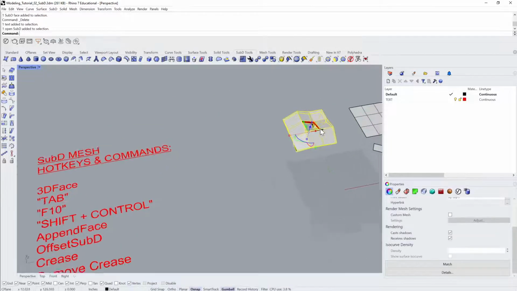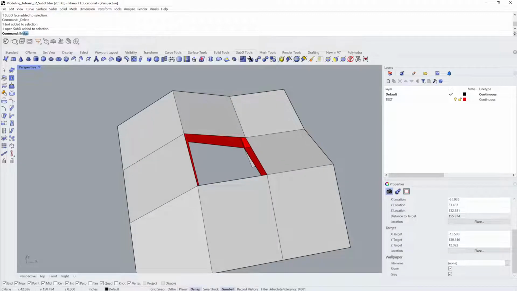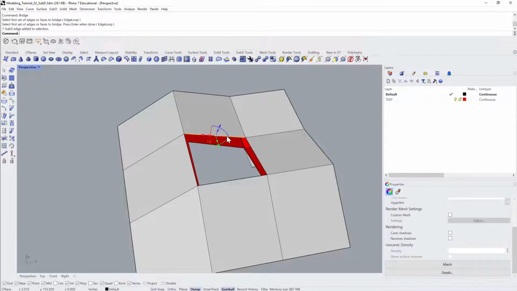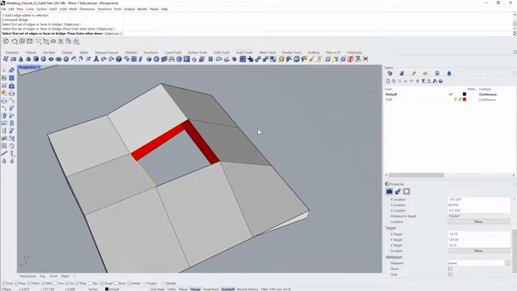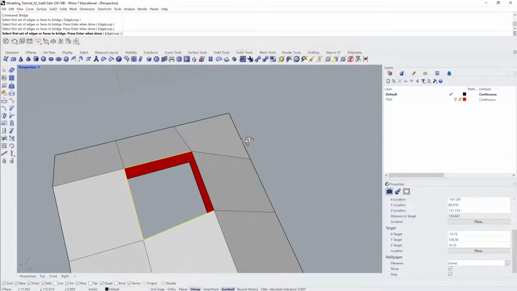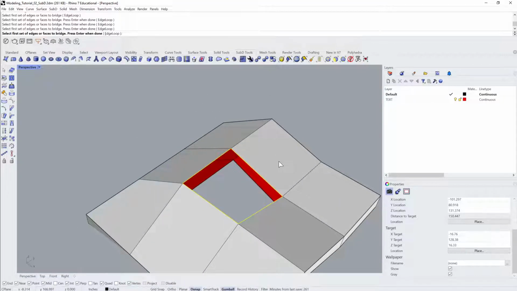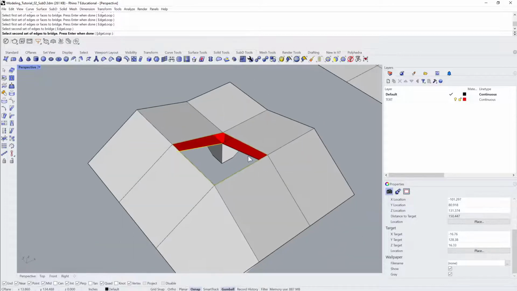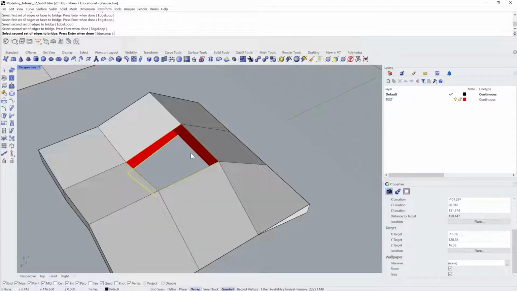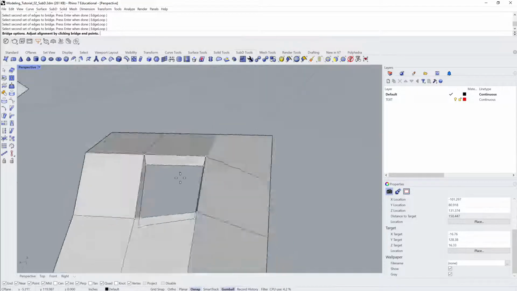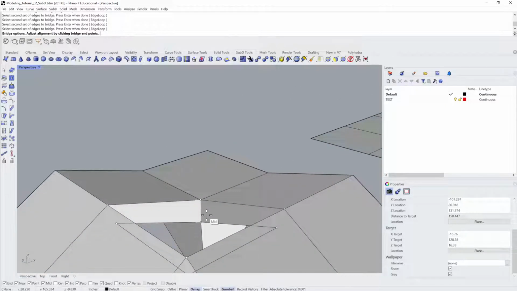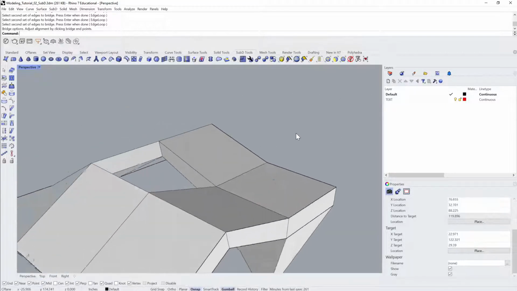All right, so bridge. First set of edges or faces to bridge. So I am going to shift select this edge, enter, shift select these edges in order. That's the first set. And then I'm going to select the second set in the same order and hit enter. And now you can see that it's zapping everything together in the same